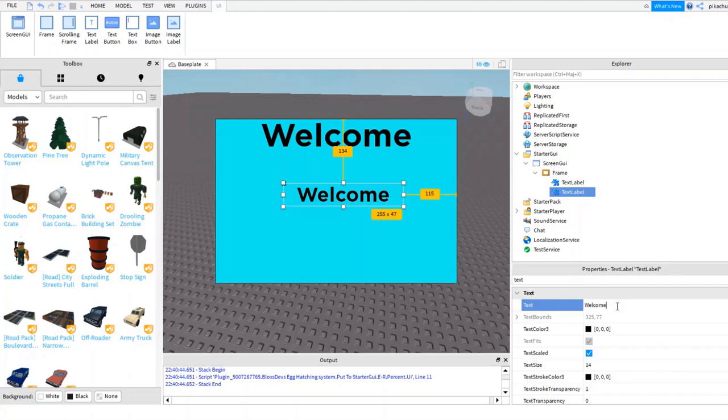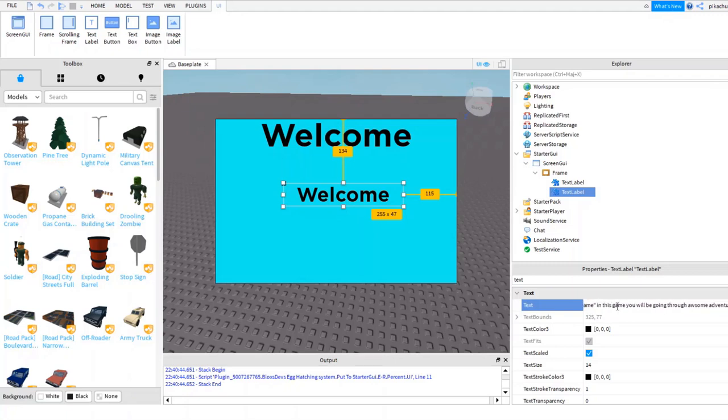So here, let's say welcome to a game name, whatever the game name is. So in this game you're going to go through awesome adventures or something like this, which is pretty cool. Of course you can change that to whatever you want, because obviously you have your own game, and in my idea I'm just doing this quick, and I think this is good.